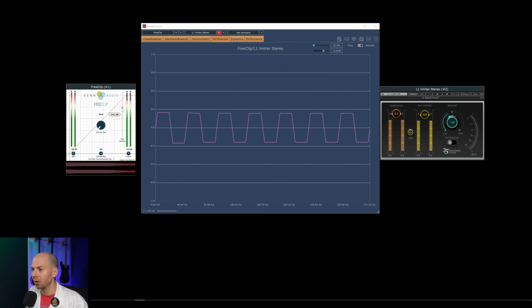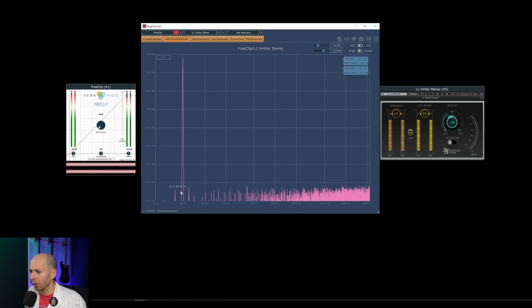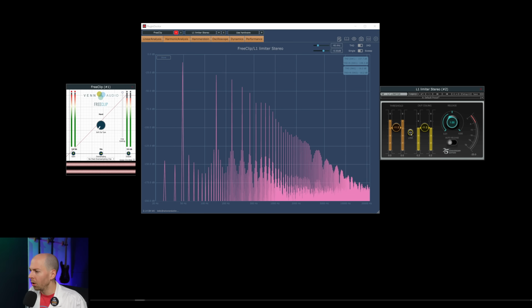This is the original signal. This is the clipped version. Here's the limited version. See, it's rounded. It's not chopped off. This is less distortion. And we can get really nerdy and look at the harmonic structure. So here's our signal. If we were to limit it, let's see what happens. Bam, we get all of these extra harmonics added back to the signal. This is part of what that coloration is when we use a limiter.